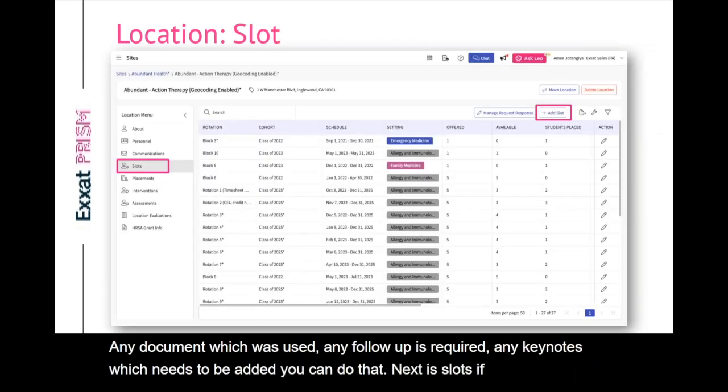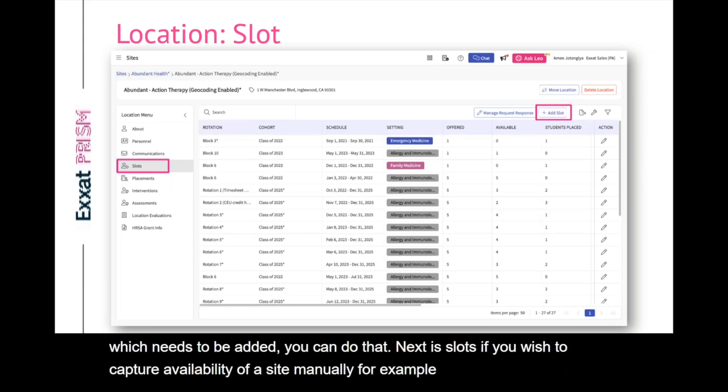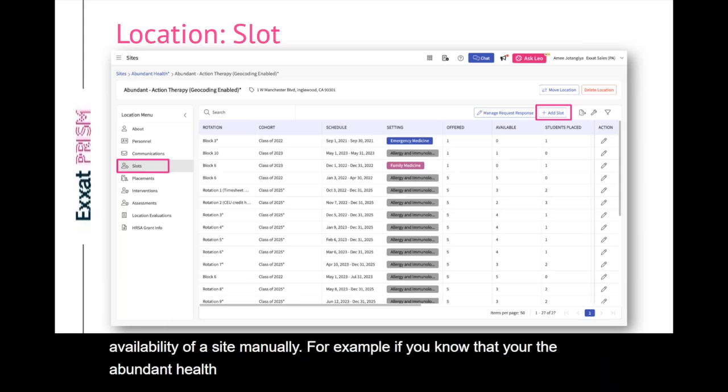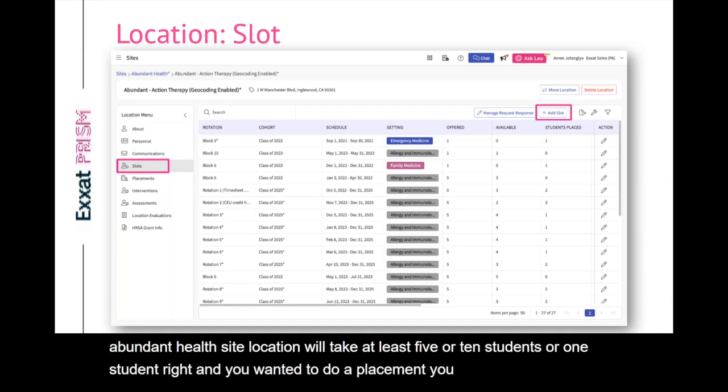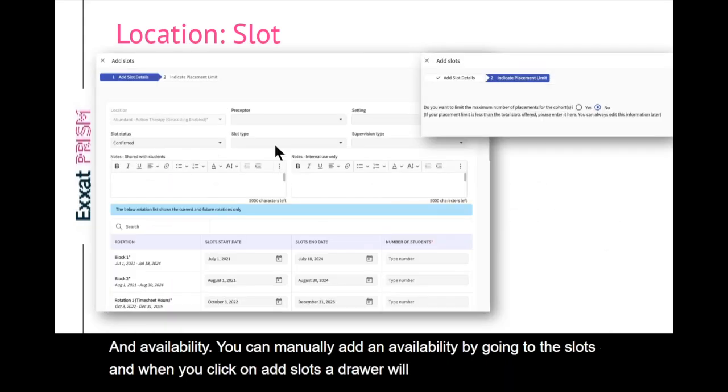If you wish to capture availability of a site manually, for example, if you know that the health site location will take at least 5 or 10 students or one student, and you wanted to do a placement, you wanted to capture an availability, you can manually add an availability by going to the slots. And when you click on add slots, a drawer will show up where you can select